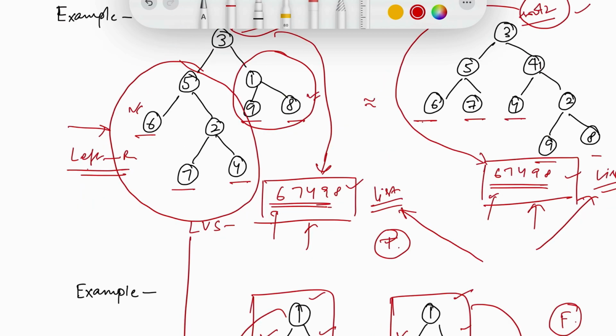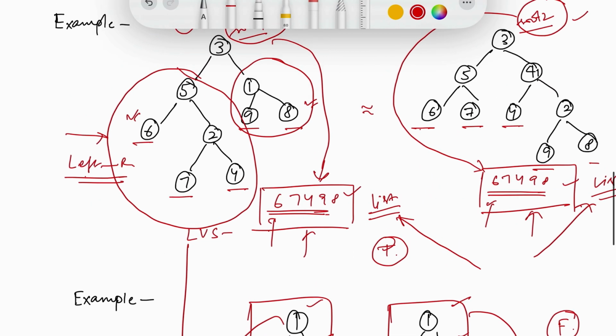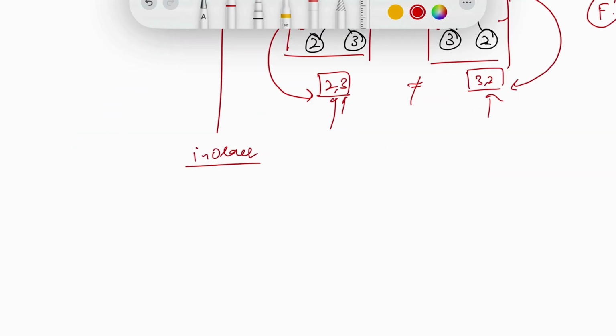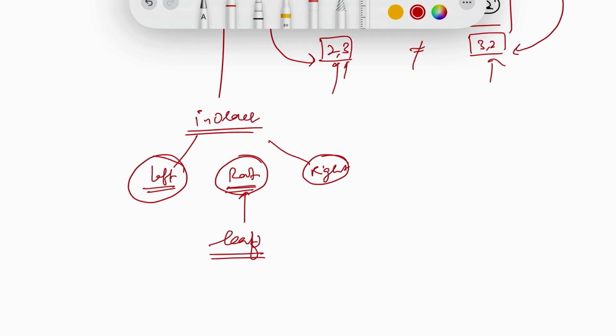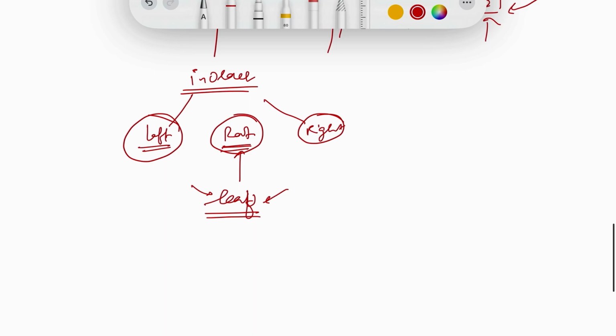To capture the values of leaf nodes from left to right, we can do an in-order traversal, where we process the left subtree, then the root, then the right subtree. When the left subtree is done, we process the root and check whether it is a leaf node. If it is a leaf node, it means the left child and the right child are both null, and we can add it